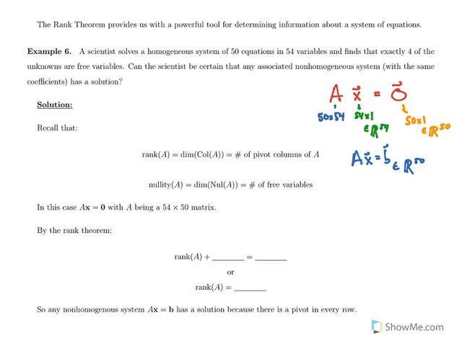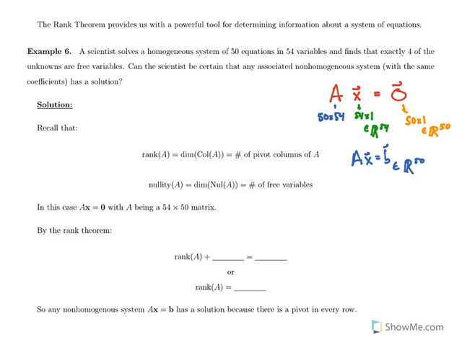So, looking at what we did in this section, we know that the rank of A is equal to the dimension of the column space of A. That's going to be the number of pivot columns of A. And the nullity of A, which is equal to the dimension of the null space, is equal to the number of free variables. And in this case, A is a 50 by 54 matrix,